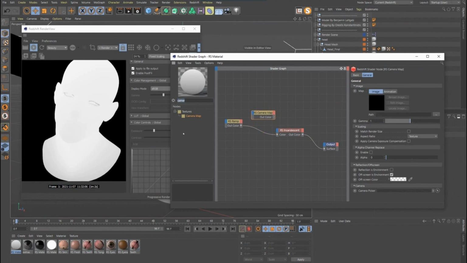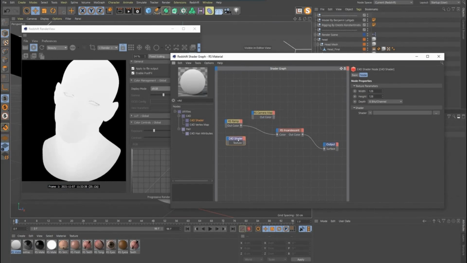The way we do this is by using a C4D shader. Now we've got this guy, and on this shader, we can put in our gradient, and we plug that in there, text 0. Now we've got a gradient into the camera map, and then that into our color.